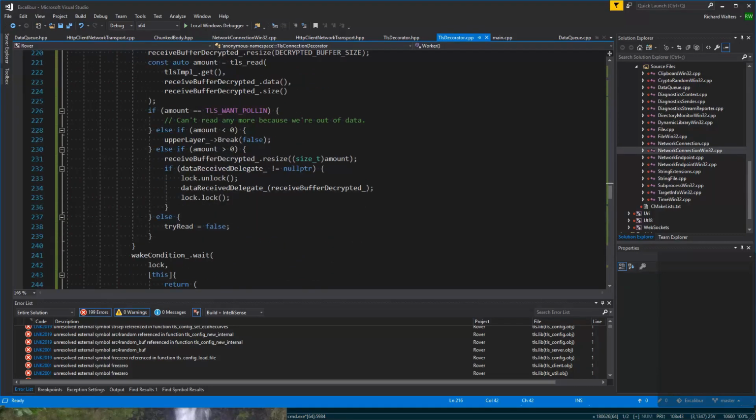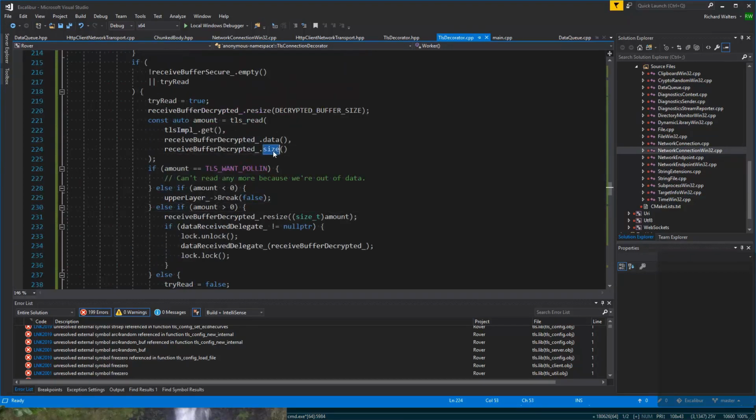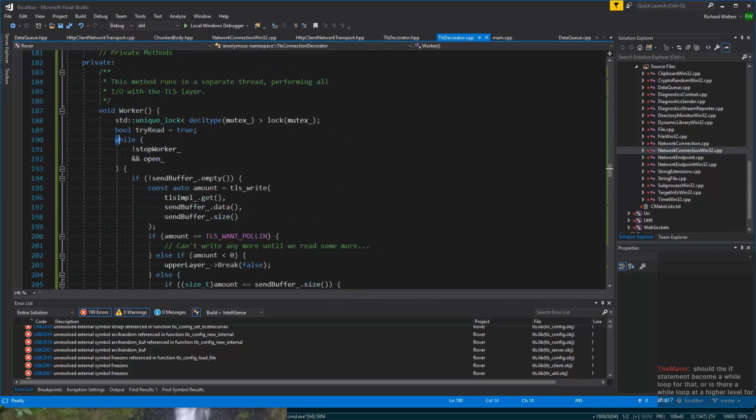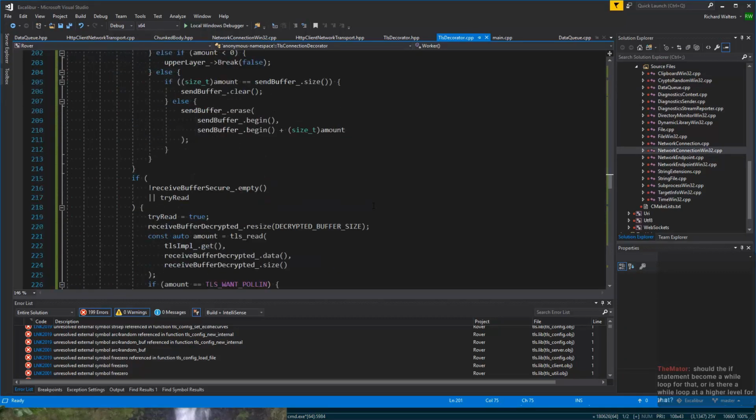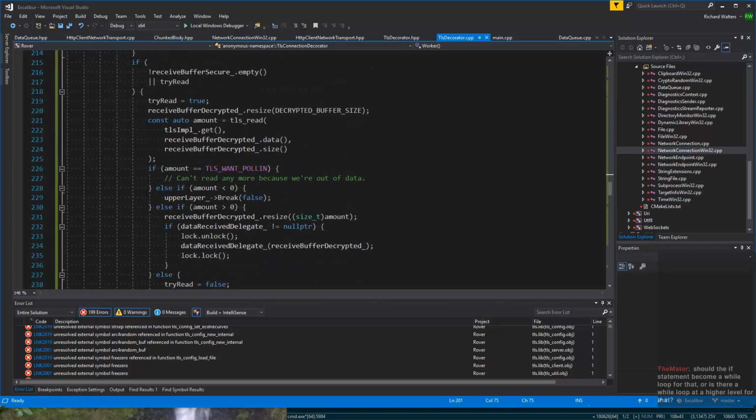Okay, so the next chat. Does TLS only read data into the buffer up until its size? Yeah, so it's supposed to stop, and I guess it either buffers or doesn't decrypt any more data than what you ask for. Should the if statement become a while loop? Well, we're already in a bigger while loop here. And I think it's important to alternate between writing and reading because of the handshake stuff. Because we might get into this case where we can't write anymore until we read. And probably the same thing, we might